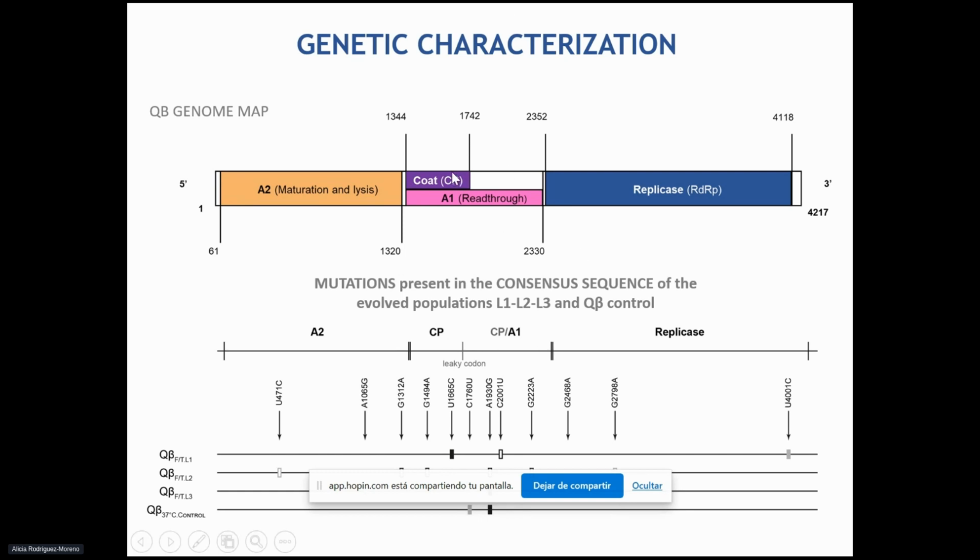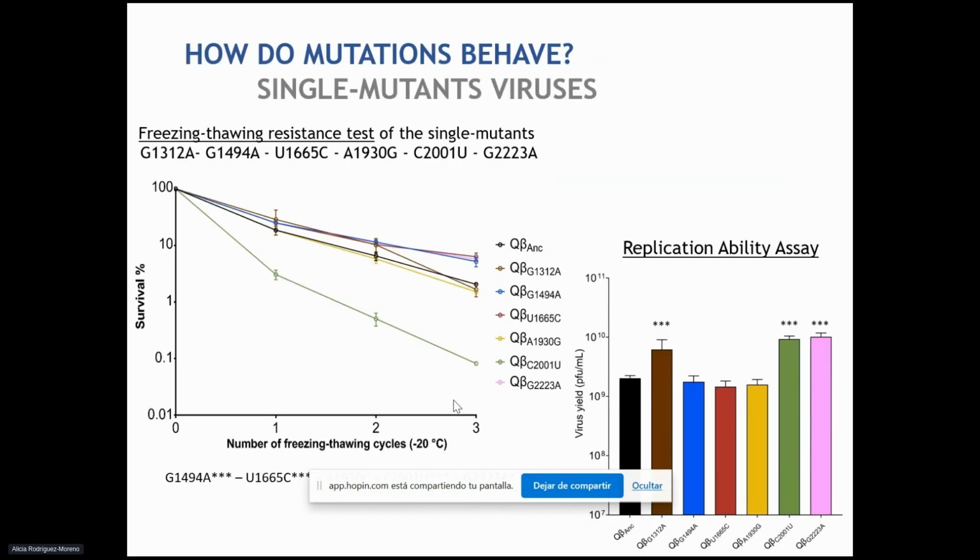In conclusion, we can say that the viral population is giving stability to its shell to better cope with this new situation. And as soon as we know the main mutations that are conferring this advantage, we want to know how these mutations behave individually. So, for that, we make single mutants to study single mutations. Using the technique of site-directed mutagenesis, we make de novo viruses that contain only the desired mutation. We obtain the so-called single mutants.